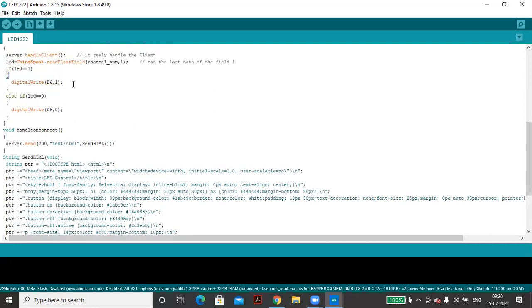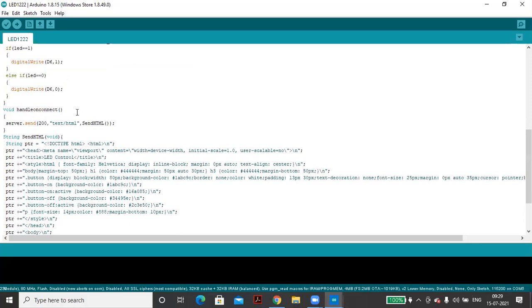At the same time we are using a command for that. If you press 1, what is happening? If you press 0 or some other buttons, what will happen? To your D6 we are defining here. That means if LED equals 1, then this should run. This variable, if it is going to be 1, then your digitalWrite pin D6 is going to be 1, else it is in 0 mode.